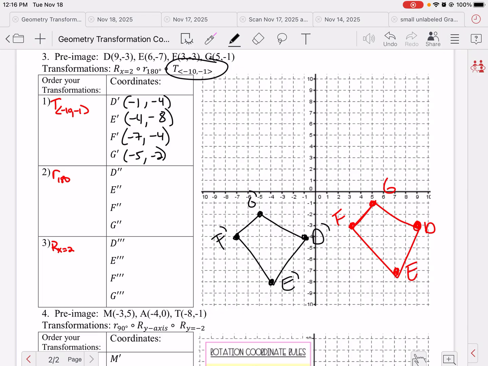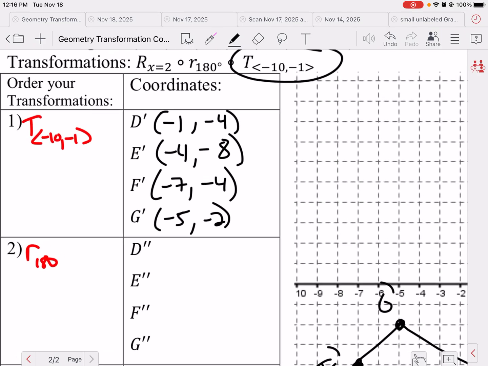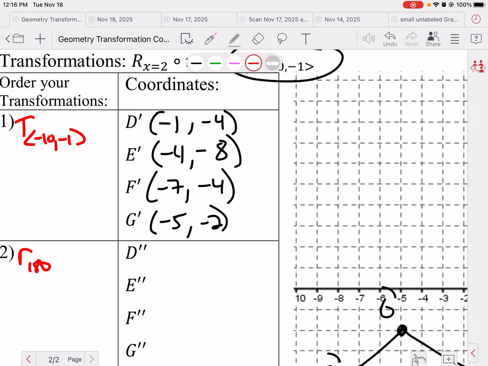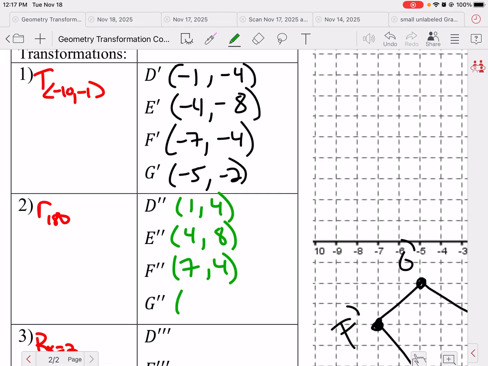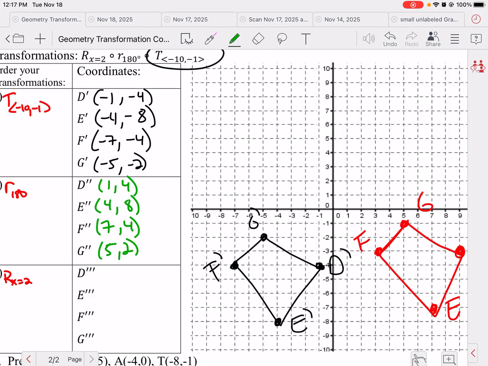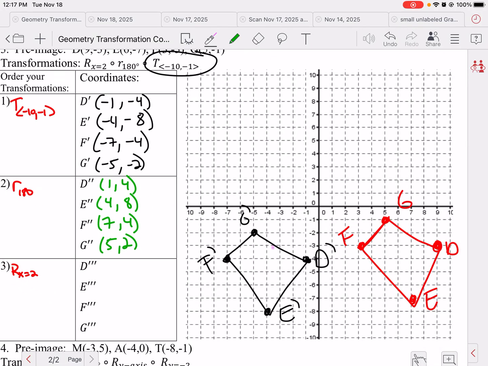Okay. Now we're going to rotate it 180 degrees. Our rule for 180 degrees is just that the signs flip for each the X and the Y. So we'll do this in green. So this would be +1, +4, +4, +8, +7, +4, +5, +2. And again, we know 180 would flip 2 boxes. So 1, 4,